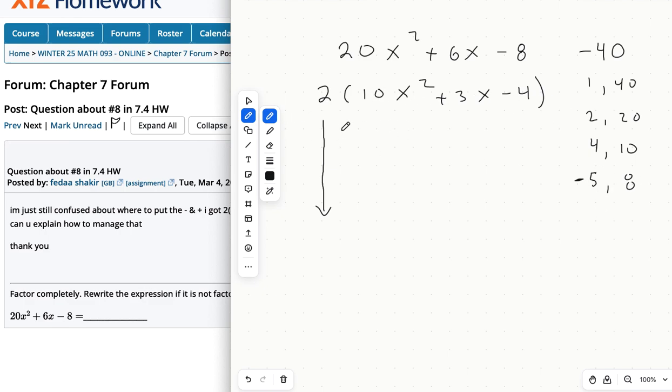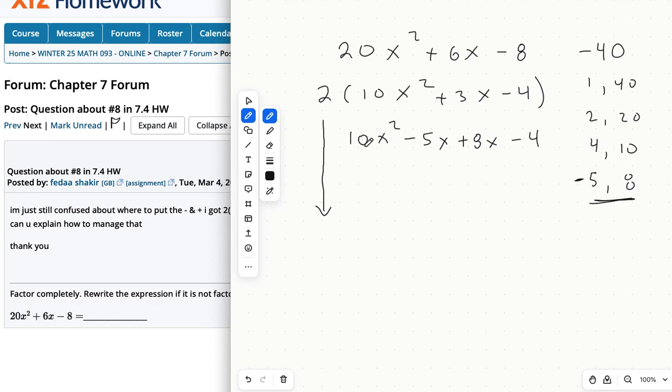Once you have those, there's a couple of ways that you can factor. I'm going to show the 4-term grouping one, but you can also use the magic method if you preferred that version. And this is where I'm just going to rewrite this middle term using these 2 numbers that I found right here. So this is the exact same thing as I have above. It's just, instead of writing it as plus 3x, I'm writing it as minus 5x plus 8x, which is still plus 3x. But what that lets me do is the grouping, the 4-term grouping that we saw in the first